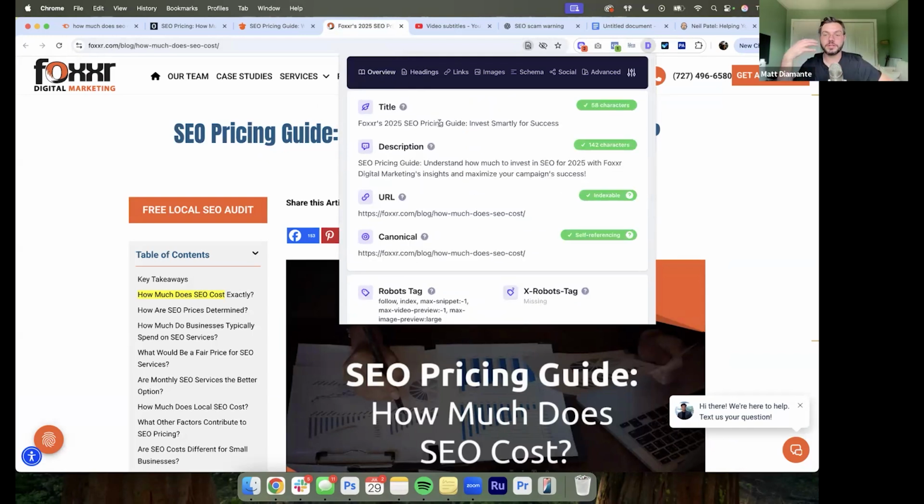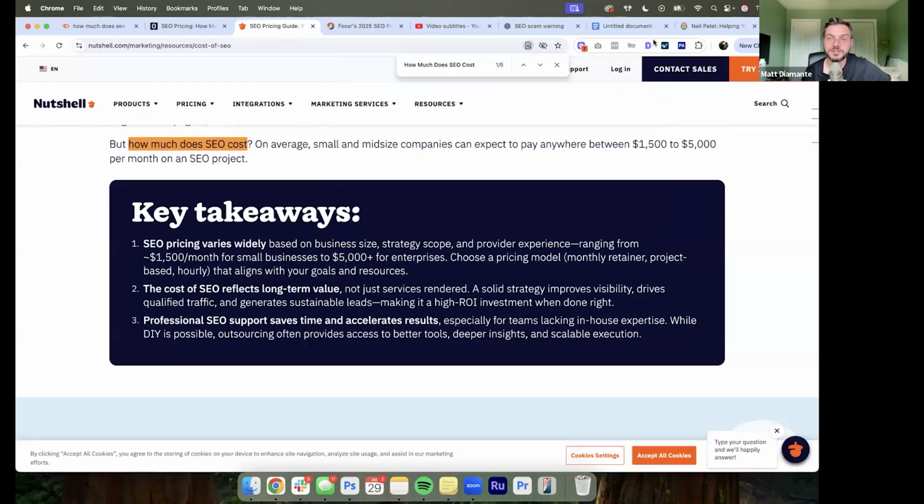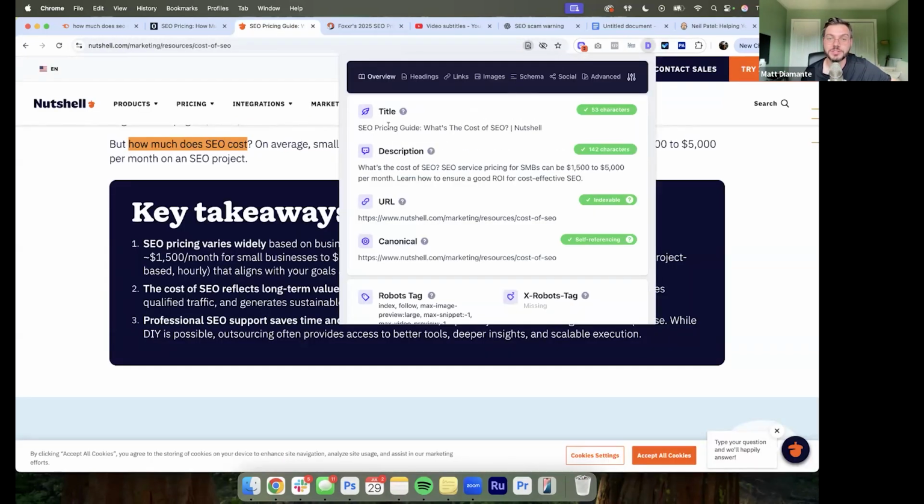So, one of the things that I also wanted to mention while I have you guys here is that sometimes you can get a page to rank for variations of the keyword, like these guys are doing here. SEO pricing guide. What's the cost of SEO? Instead of how much does SEO cost, which is the exact keyword. You can do this in a couple different ways. One, you can get backlinks that use the keyword that you're trying to rank for to link back to your site. So another site would say, hey, here's how much SEO costs, and then how much SEO costs would link